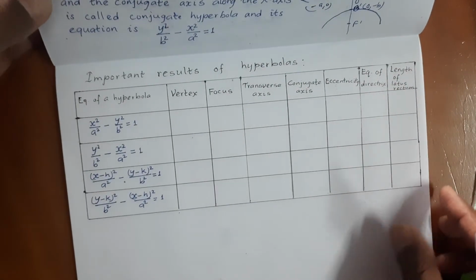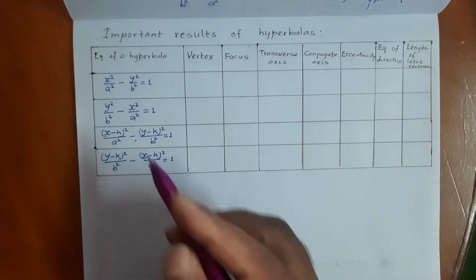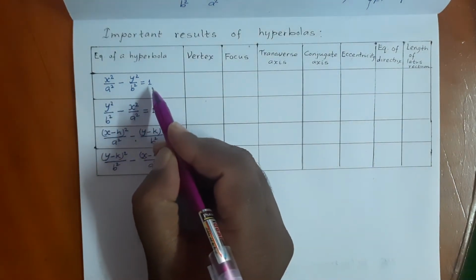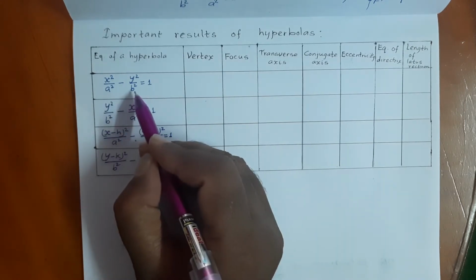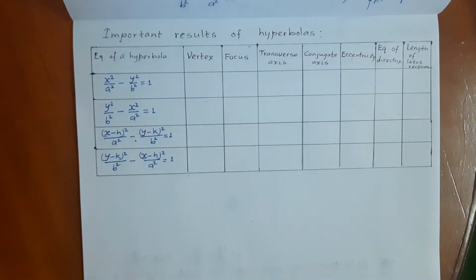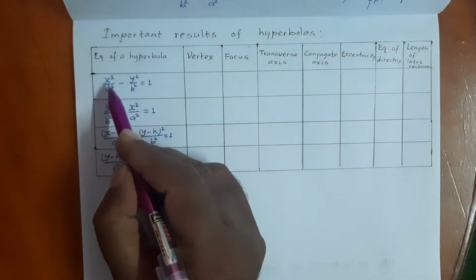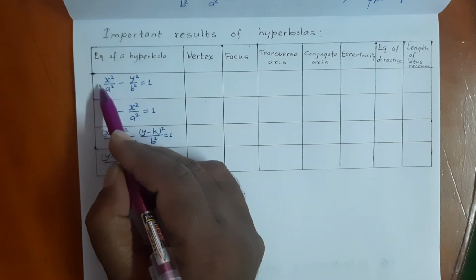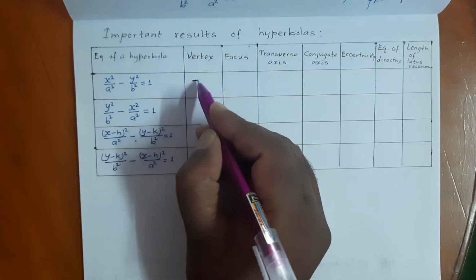Now some important results of hyperbola. So here we have hyperbola x square over a square minus y square over b square equals to 1. So here a square and b square value doesn't determine how the hyperbola opens or where is its transverse axis. So here x square term is positive, so transverse axis is along x-axis, and its vertex will be plus minus